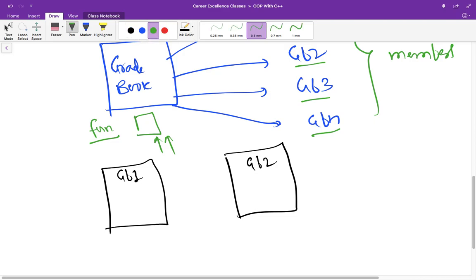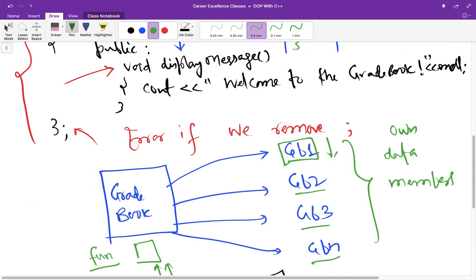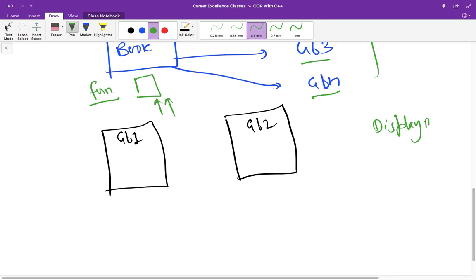We have a function displayMessage, and this is the only function, right? Let's also assign some data members, as we don't have any yet. So create one data member, int a, and a similar data member will be inside gb2 also.